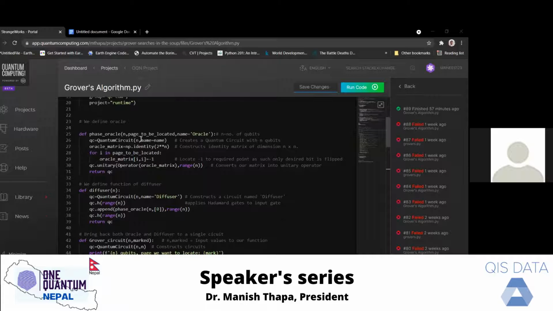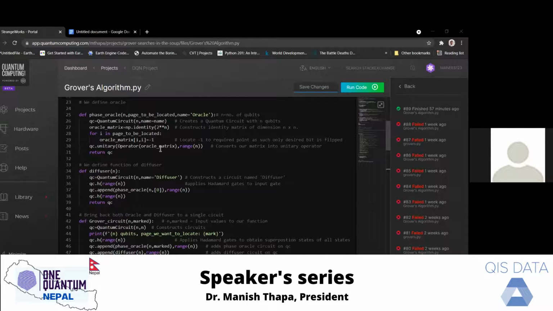Inside this phase oracle gate, at first we construct a quantum circuit consisting of n qubits, and after that it constructs an identity matrix of n by n dimension. Then we modify our matrix in such a way that it will flip the state that we want to locate, leaving all other states unchanged, just acting as the identity gate for other states.